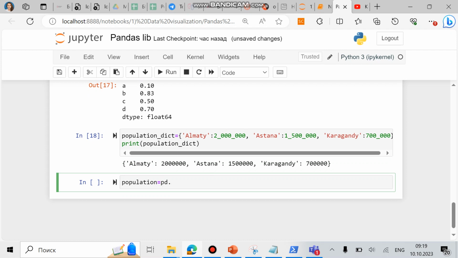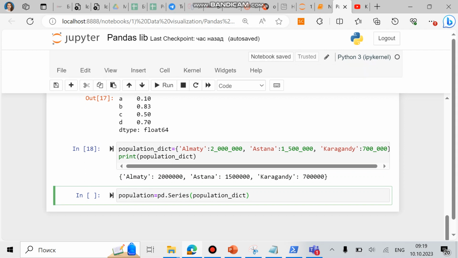Yes, that's why here if you use Series and give this population dict, yes, we have already, if you have this kind of big, not structured data and you would like to give some structure, then you can write population equals pd.Series, and